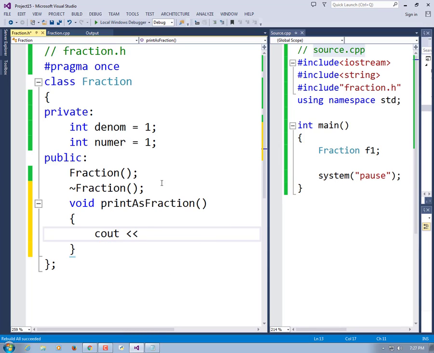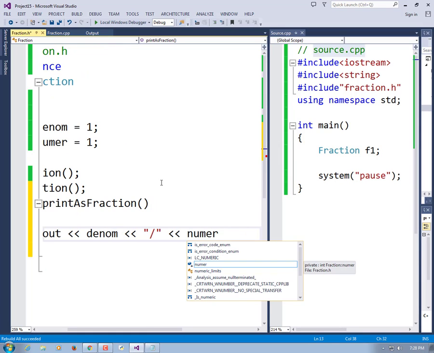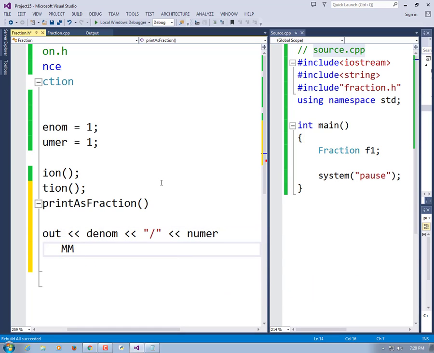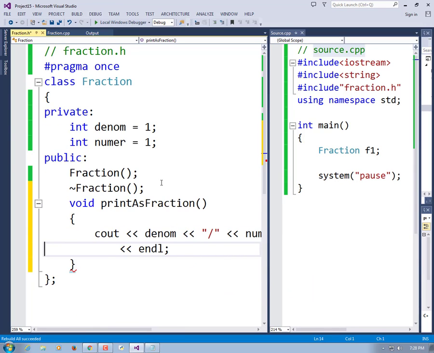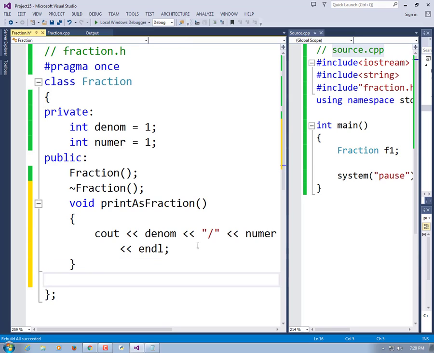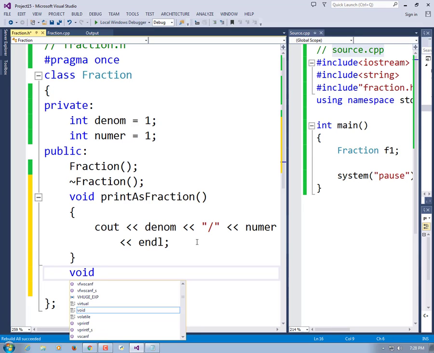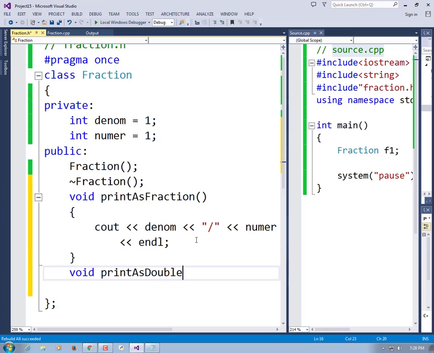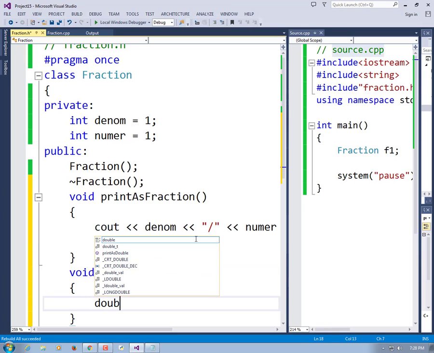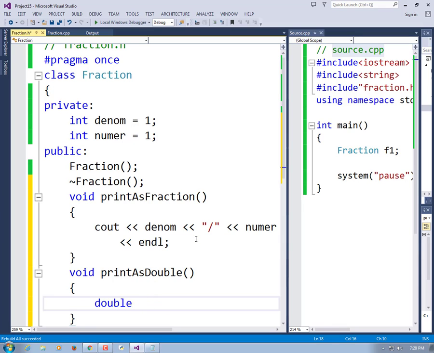All it needs to do is cout the denominator followed by a slash followed by the numerator followed by endl. And let's do print as double, where we'll actually divide one into the other and print the results. Void print as double. Double D is equal to,